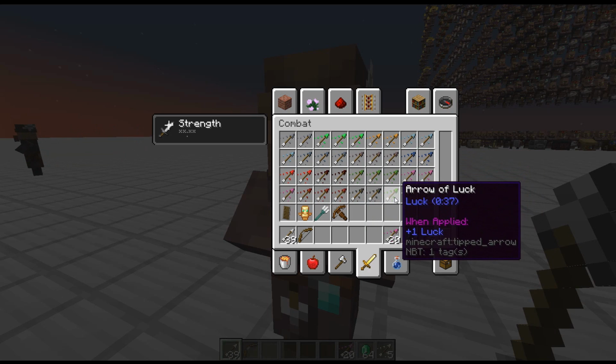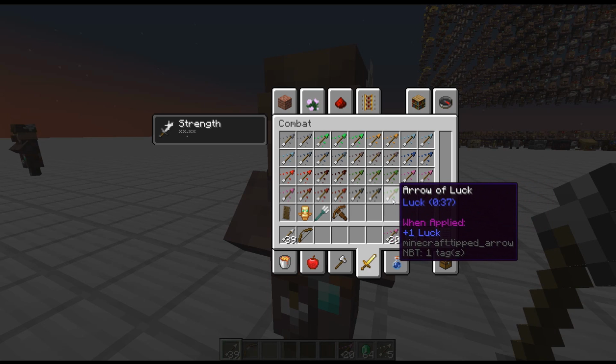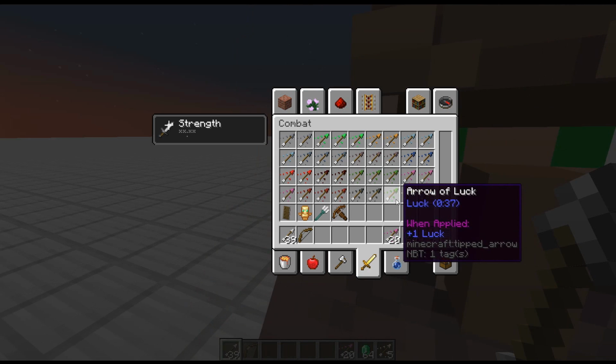Down here is where the luck is. There is only one type of luck and it'll give you a +1 in luck. So having a fishing rod with the luck of the sea actually increases the player's luck as well. So if you had like a luck arrow on top of that, you could even get better loot when fishing. I'm really excited to find this, and if you guys know what exactly this all affects, please tell me down